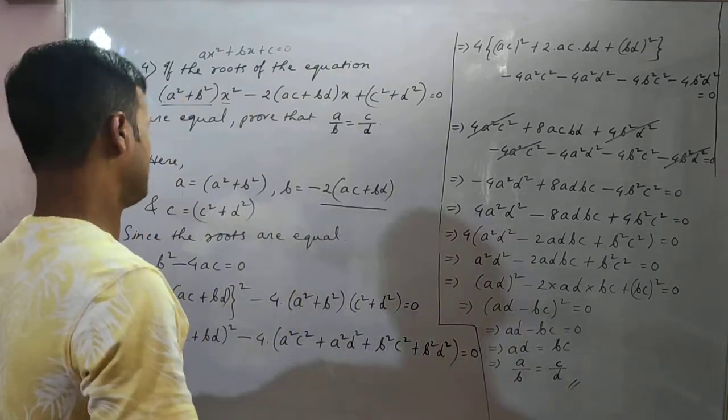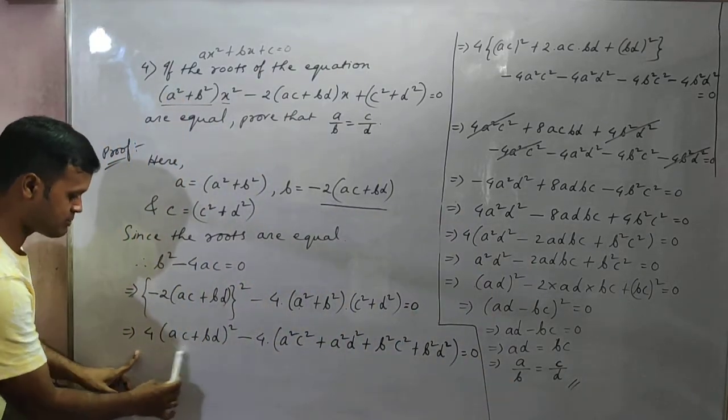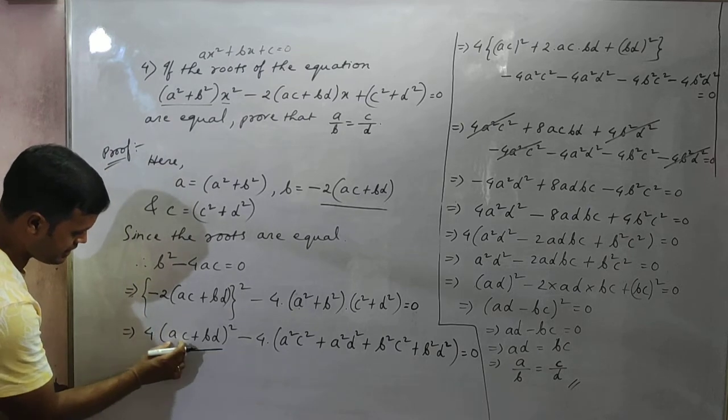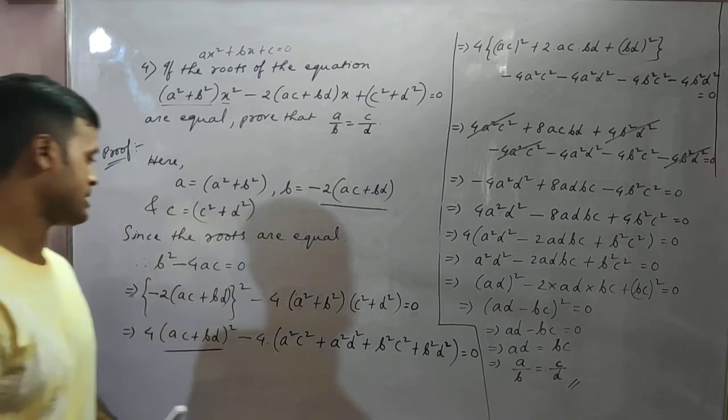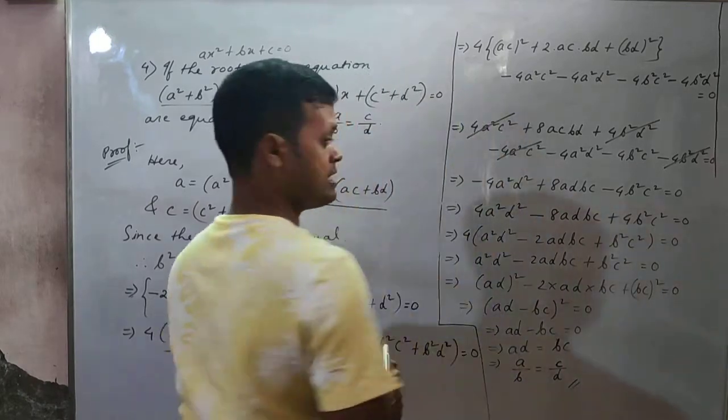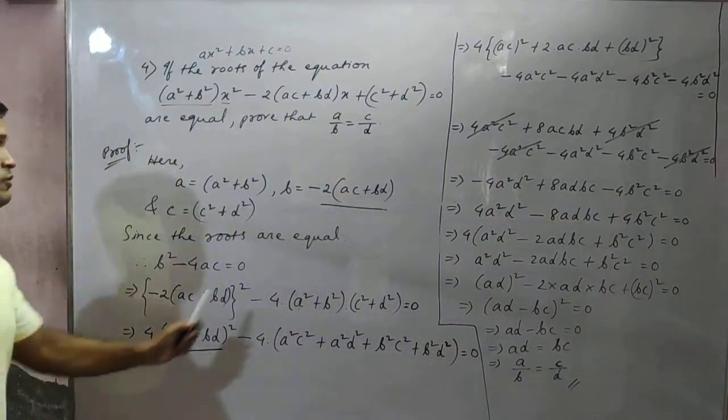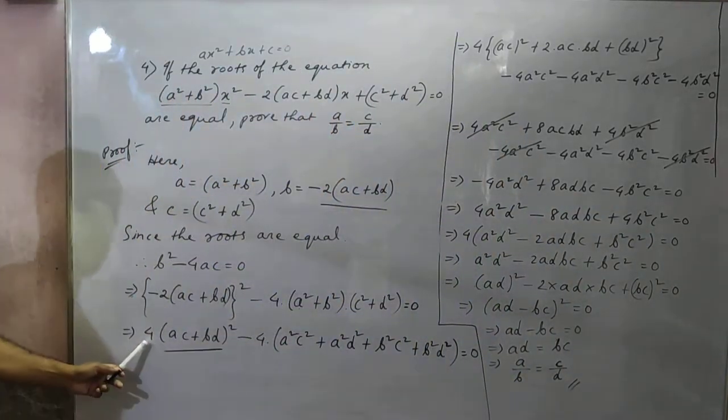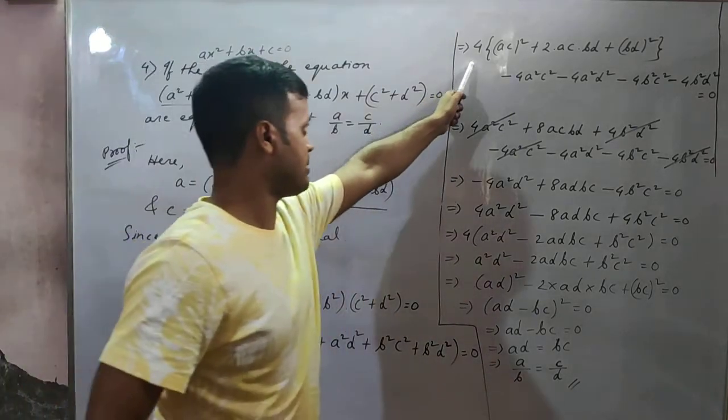Now, this four, I am breaking this one with the a plus b whole square formula. Okay, this is what you see. So it's called a plus b whole square. The 4 will stay outside. See here, this 4 is here, this 4 will stay outside, and a plus b whole square.